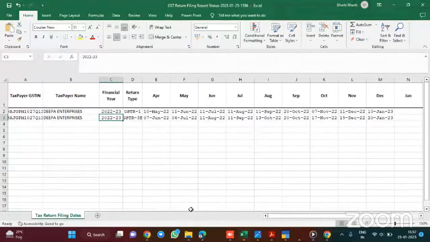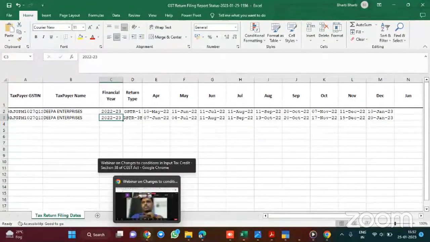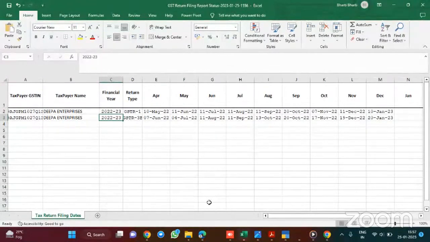So you can assign a rating based on that. You can ensure whether the supplier is filing and whether you want to continue purchasing your inputs from them, if you want to continue relationship with them based on their filing record.